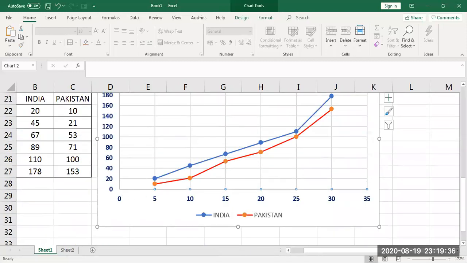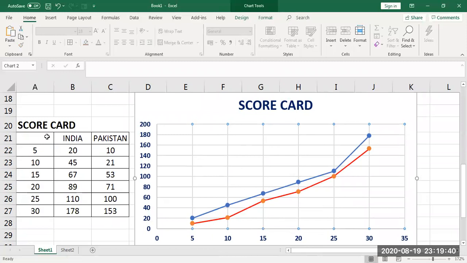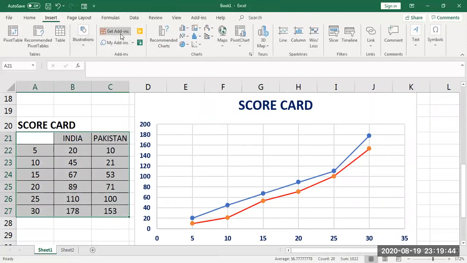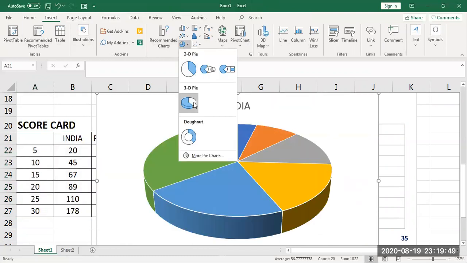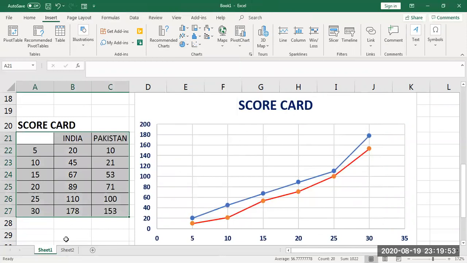Not only like this, for the same values you can place a different chart. This chart is there. Instead of this, I don't want this chart and I want to try some pie chart. So this is a pie chart. Usually a pie chart is used for comparing any one particular value.